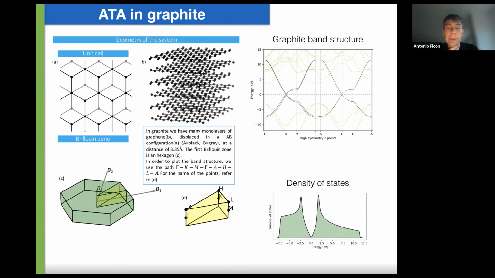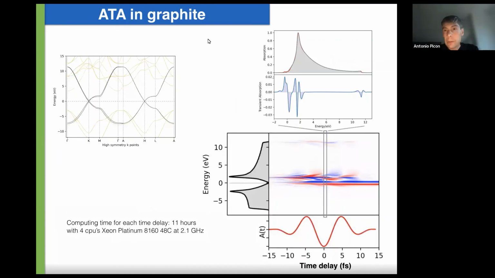model 3D materials. So the first thing that we did, of course, is to do graphite. That is to add an additional layer and then put periodic boundary conditions. So what we did is to get graphite. We calculate the energy dispersion. We take only a few of these states, and then we calculate the absorption, and then we get very similar results to graphene. And the main conclusion is that it would be feasible with our code to really model this